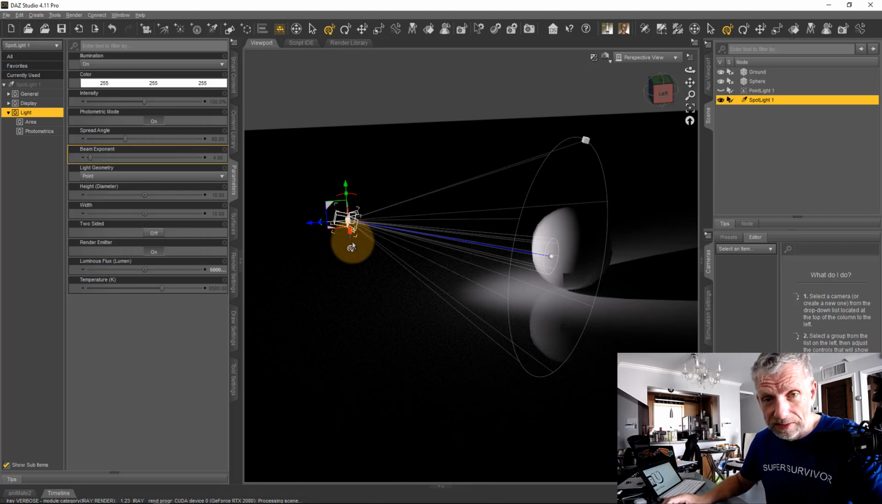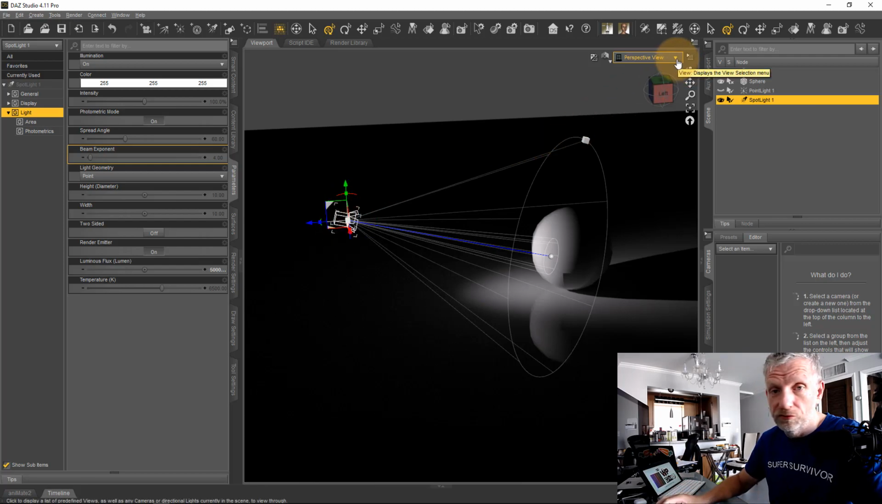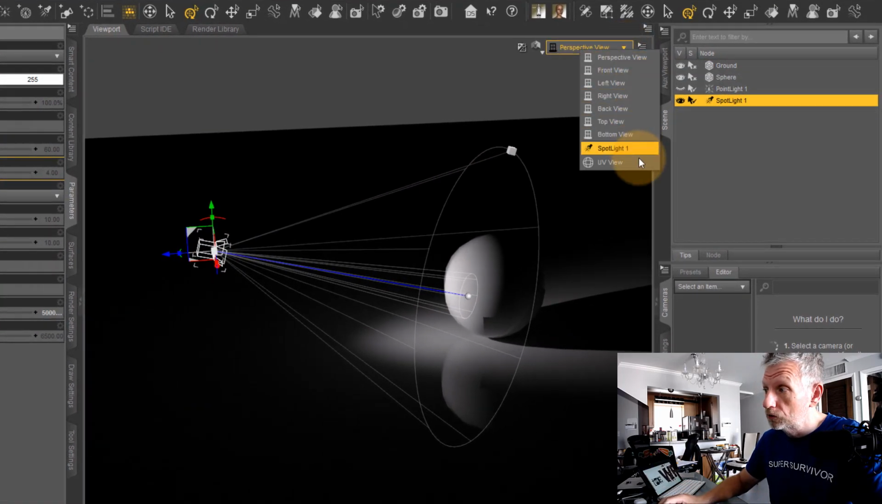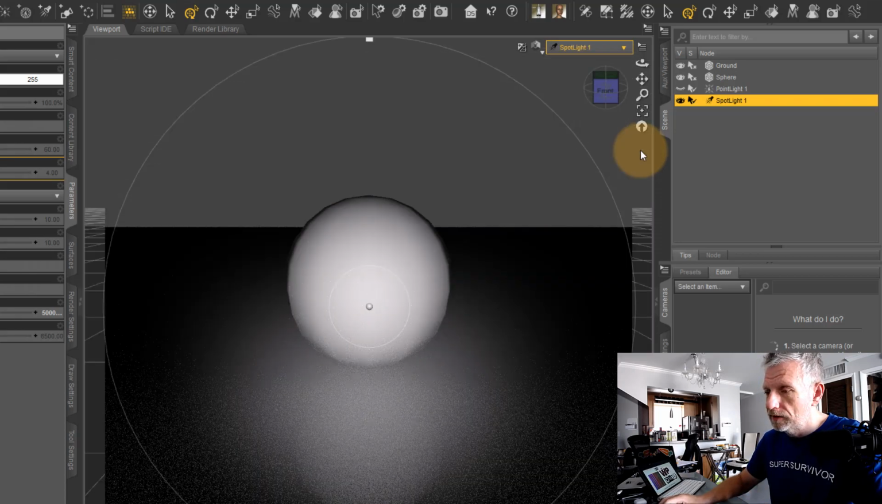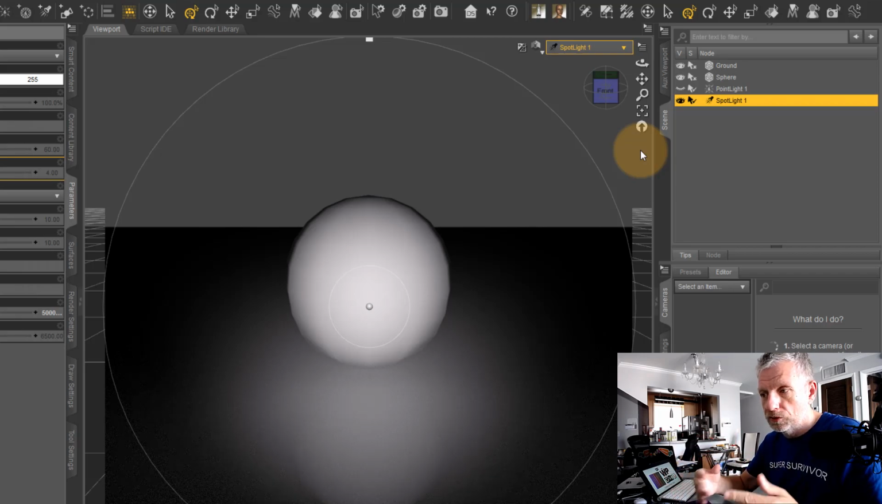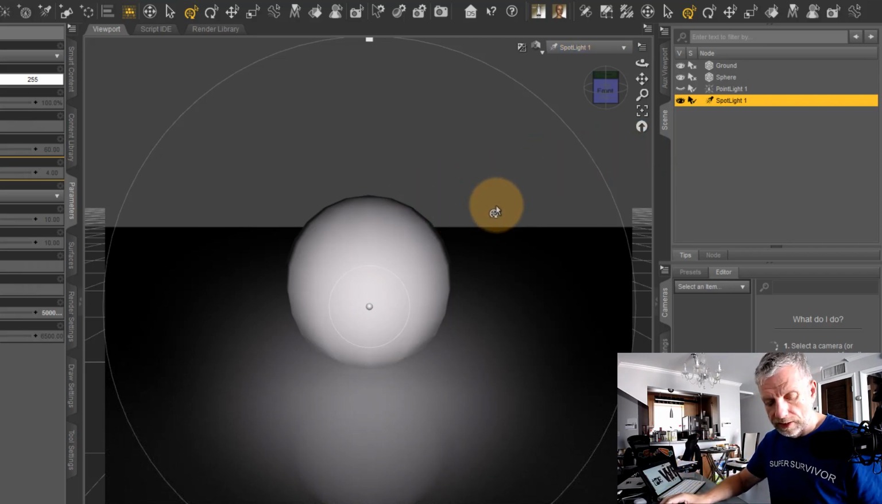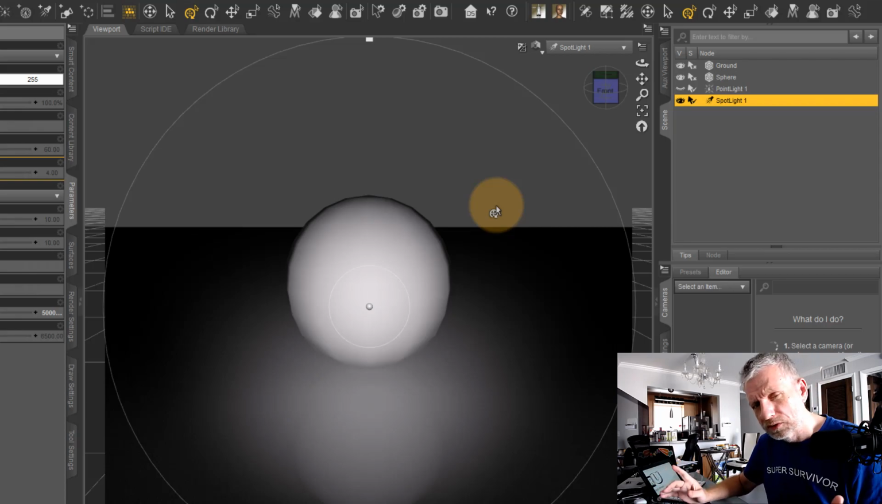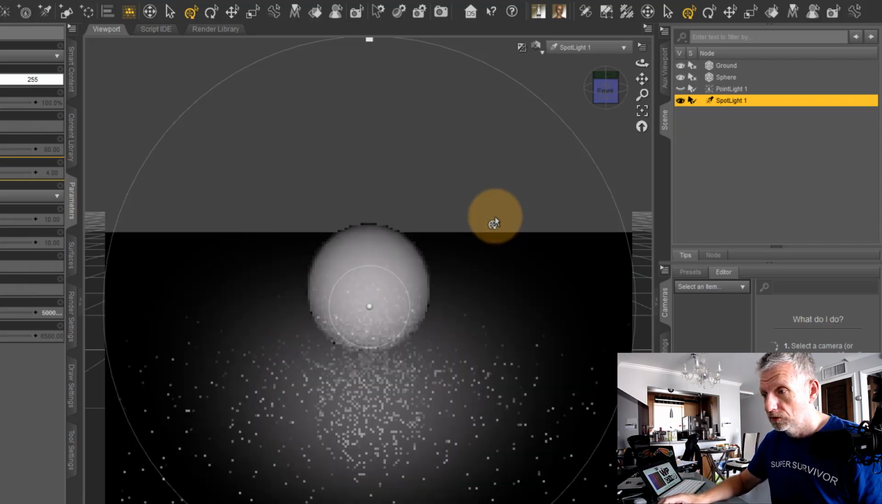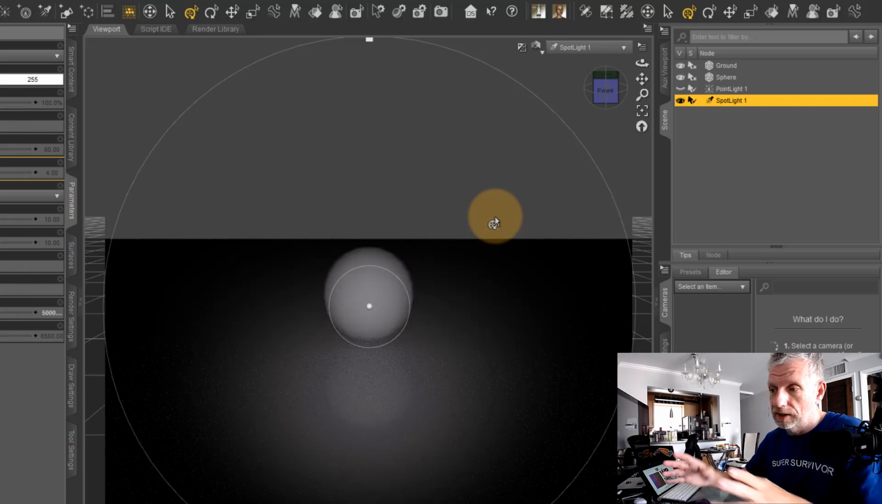But what I find fascinating about it is that it behaves almost like a camera. So you can switch your perspective view over to the actual light, and this is only possible with the spotlight. You do that, and then you look through the light and you see kind of what the light is seeing. But now you can go ahead and move it almost just like you could move a camera. So you can zoom out, and therefore the light gets weaker and it shines at a wider angle,